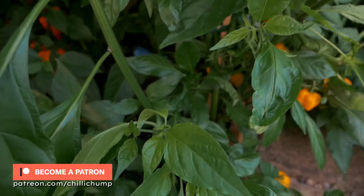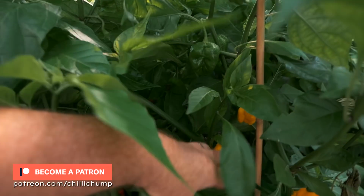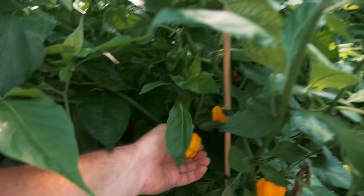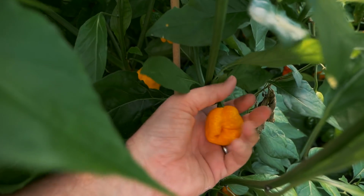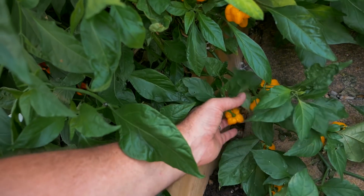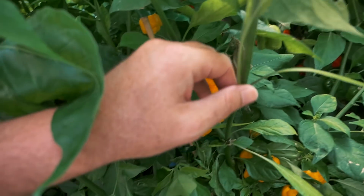Up front here, these are my 7-pot Douglas yellows, which you would have seen in a recent episode of my checking out chilies with ChilliChump, where I got hurt. But these things are very, very warm. But look at them, they are huge, lovely, lovely peppers. So I'm going to be making a few different sauces, and I have a few ideas of what I'm going to do with these, but you can see we've got quite a few that we can work with,